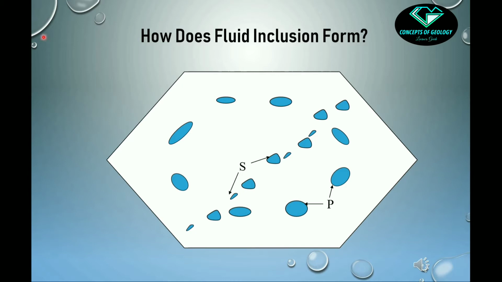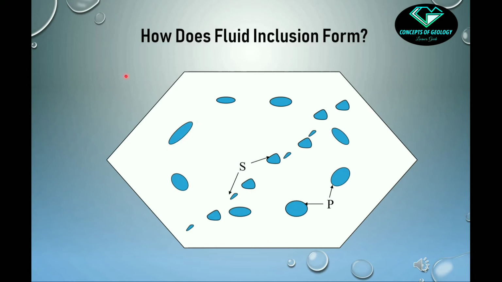Now with more cooling in nature, the system is getting contracted. That means the crystal as well as the inclusion both are contracting, but here the rate of contraction of the crystal is less than that of the inclusion. As a result some vacant space is created within these inclusions. These are empty spaces.